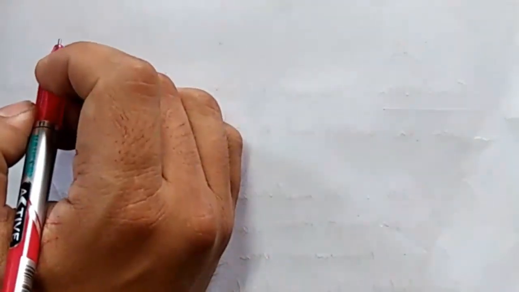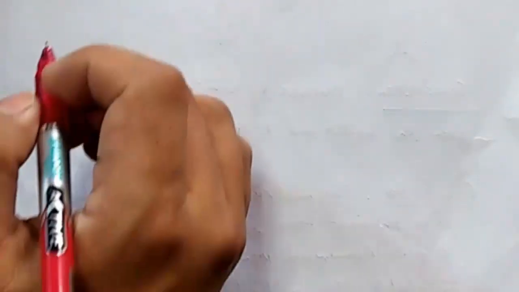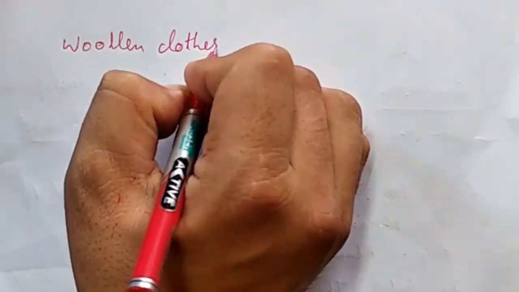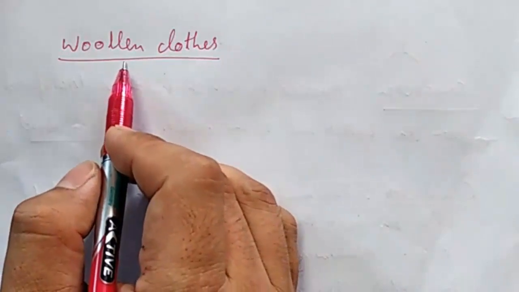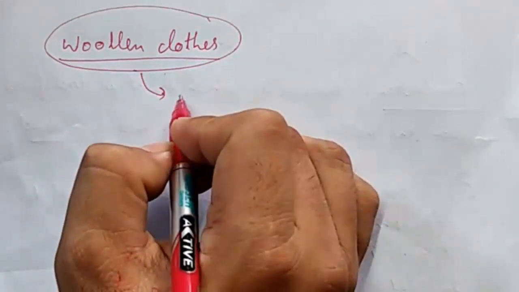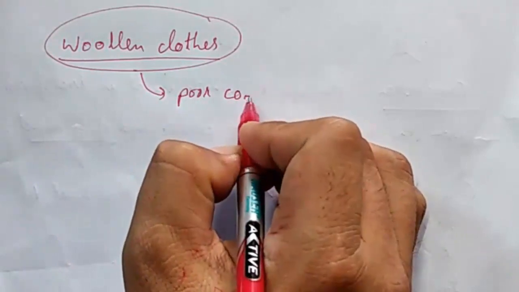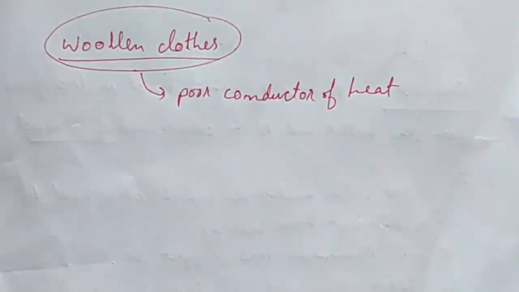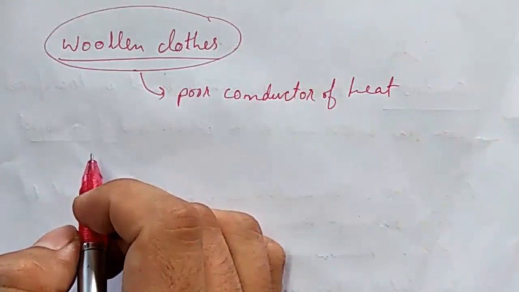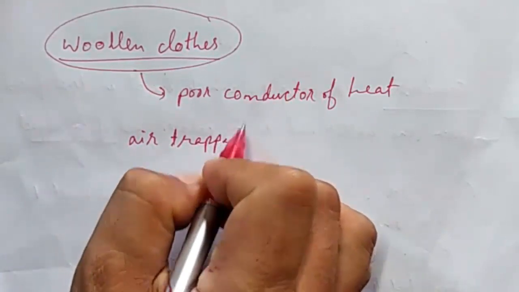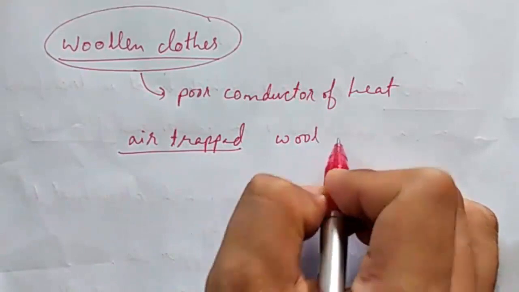And during the winter, we feel warm when we wear woolen clothes. We feel warm when we wear woolen clothes because the woolen substance, that is the woolen cloth, is a poor conductor of heat, and there is a lot of air trapped in between the wool fibers,